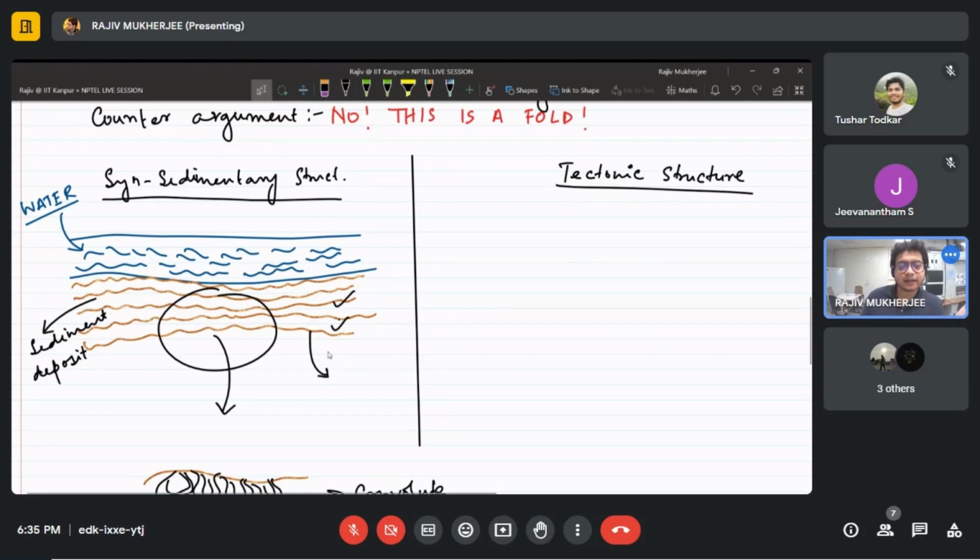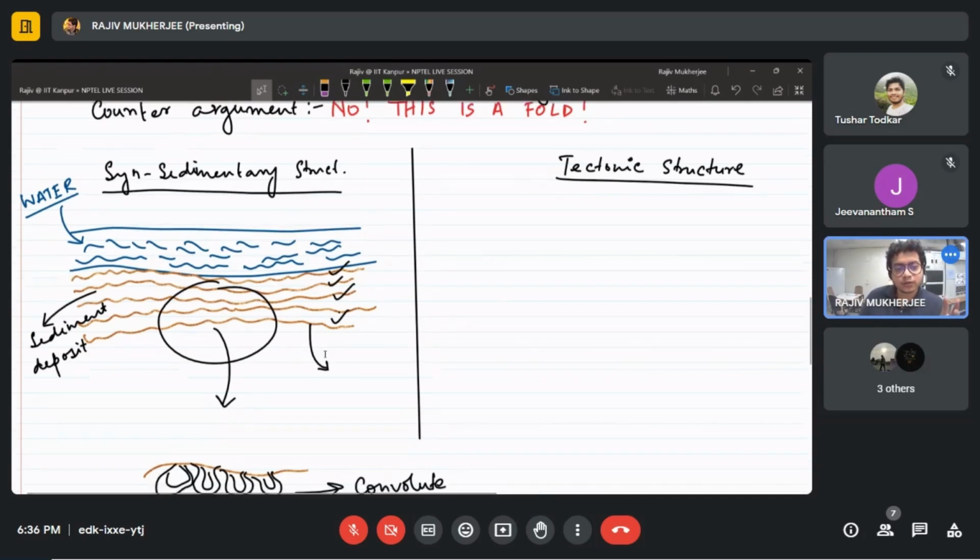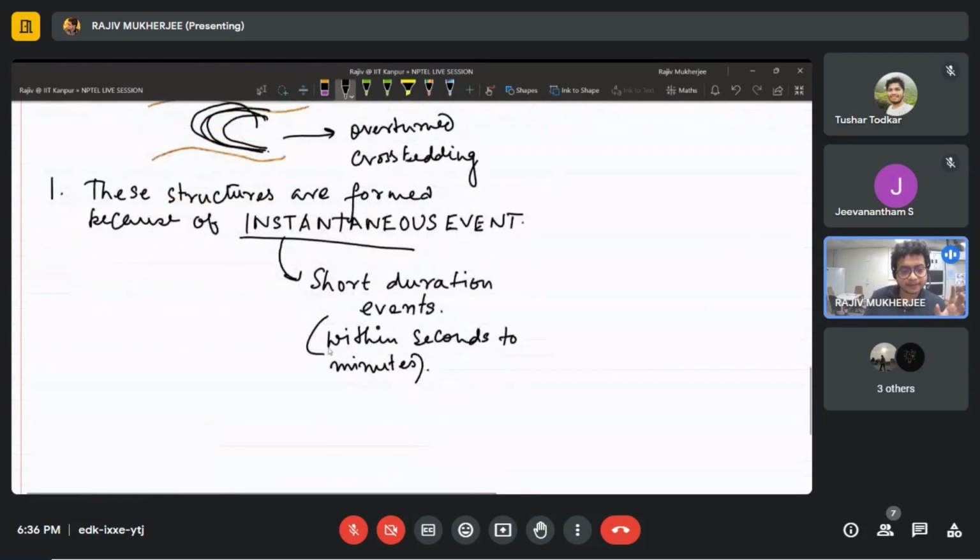And then again, after that event, while the other layers were forming, there was no tremor, then there was a perfect sediment deposition, and even for the top one. So the main point is